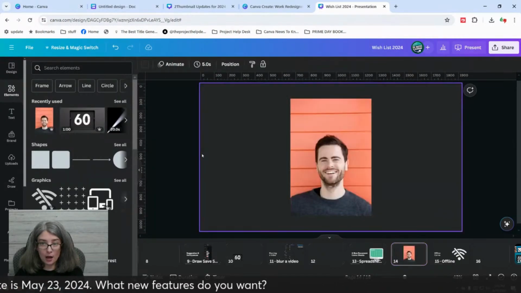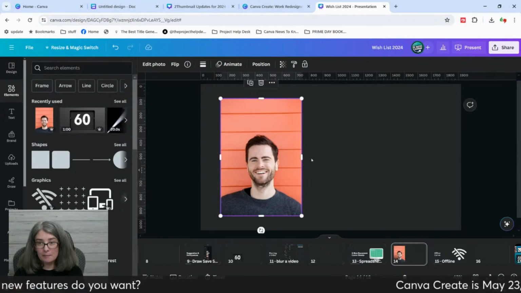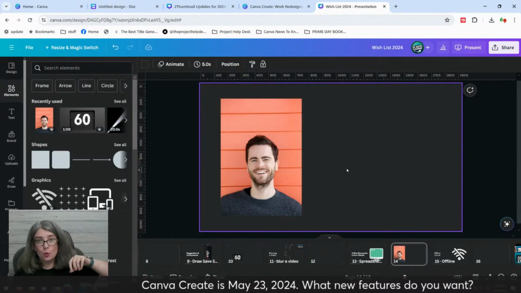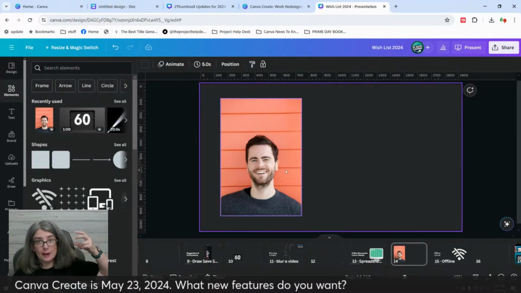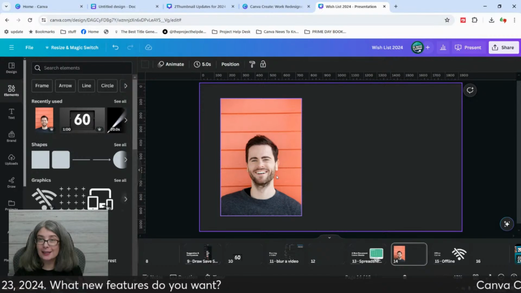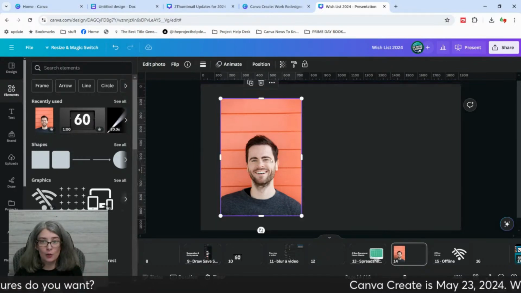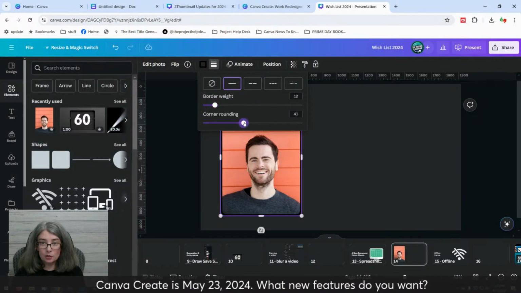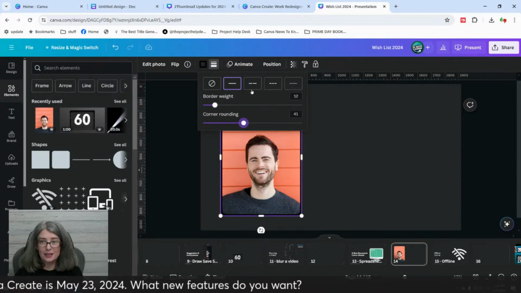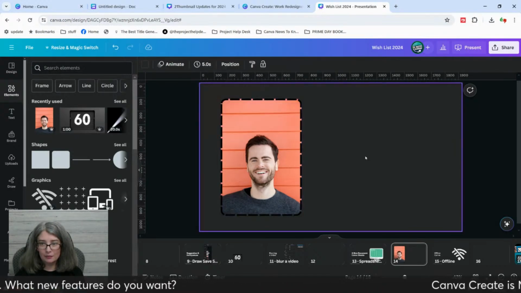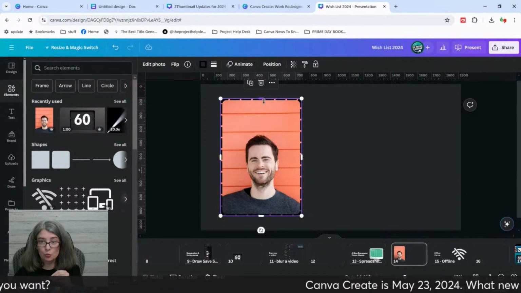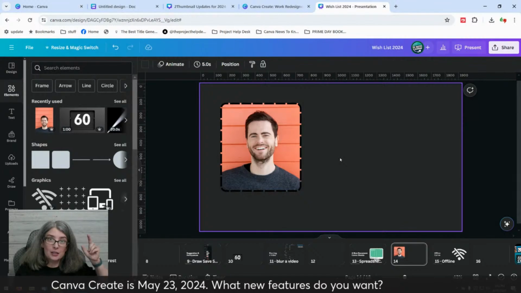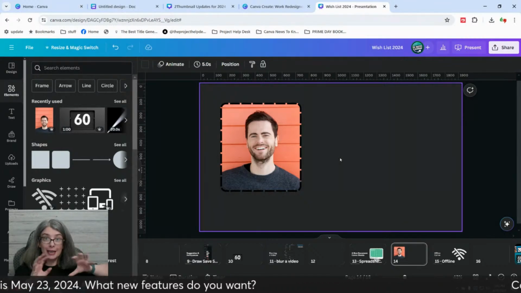I suggested a long time ago that they make it so that we can add border or corner rounding to videos and photos like we could do with lines, instead of having to add them into frames or whatever. And they actually did that, so that we can change the corner rounding and the border weight. We can even add dotted lines like this, which is really fun, right? That was one of my suggestions that I put in the form in the description.